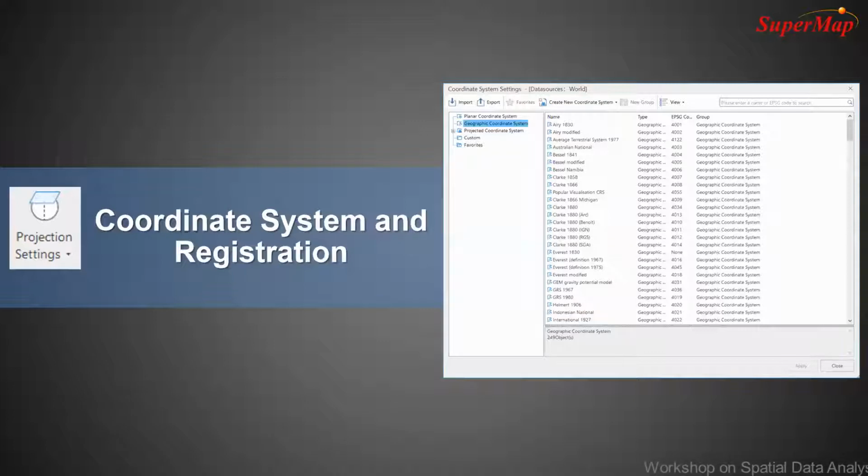But in GIS software, we have to consider that every feature, every coordinate should have a real meaning in the real world. They should have a real coordinate. They should have the geographical meaning. So the coordinate system is the first thing we need to